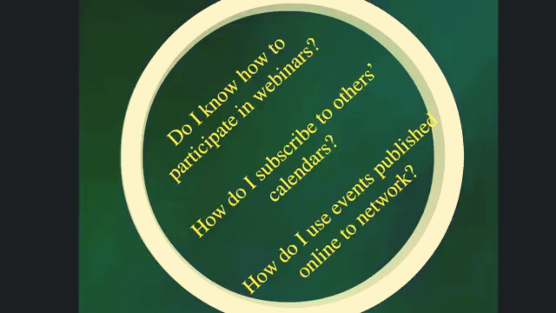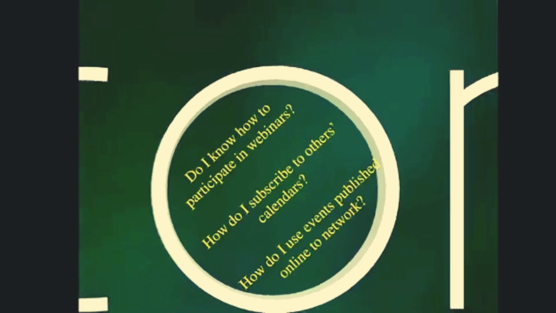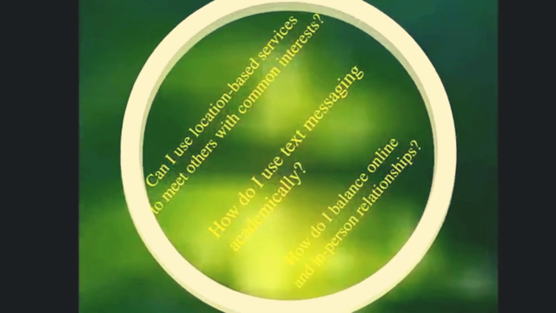What about events as well? This is an important way to connect with other people today, and we can use apps on our mobile phones or other ways to either advertise events or to follow events that are significant in areas of interest. What about location-based services, things that are GPS-oriented? How can I share common interests through that?